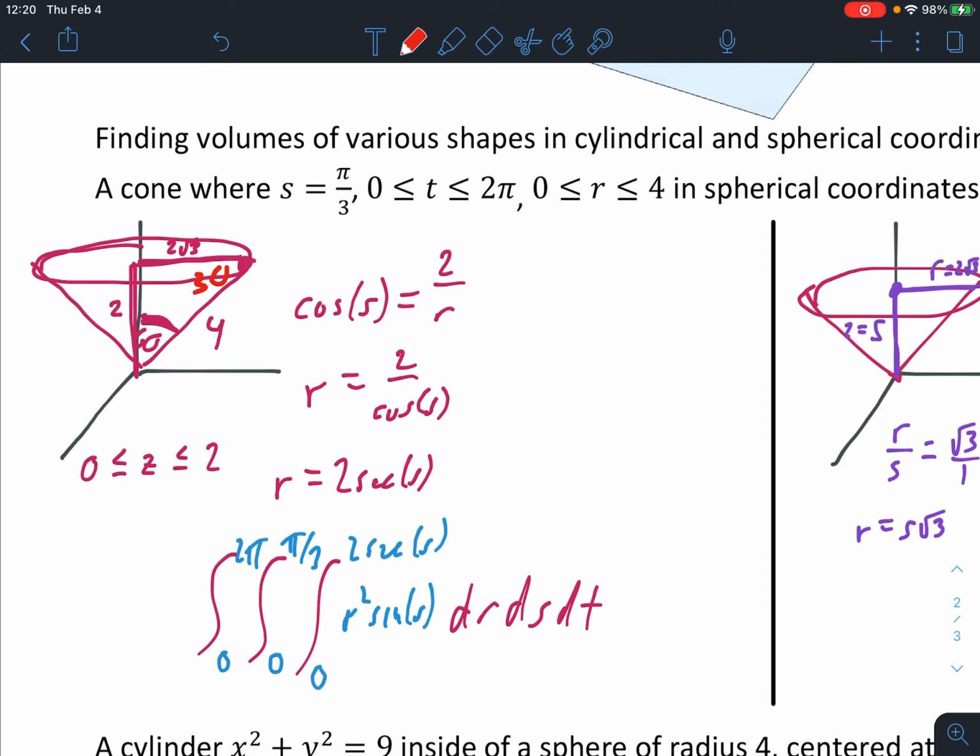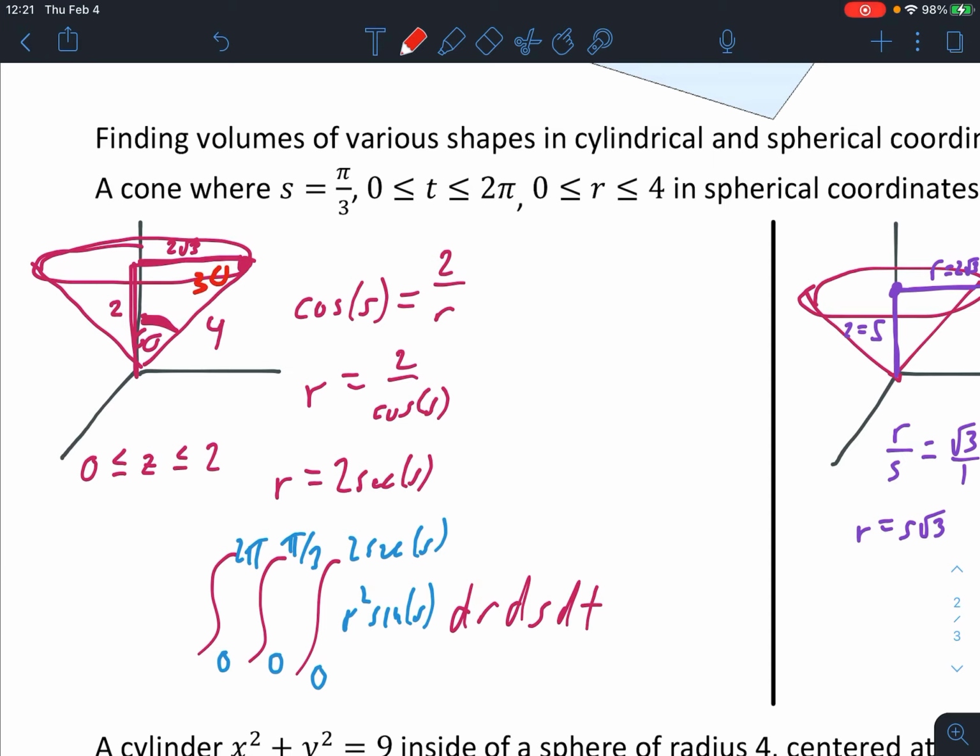All right, and then you can set up a little equation here, the cosine of that s angle. So s is obviously going to be changing a little bit here, so we have cosine s equals 2 over r. And then r would be 2 over cosine of s if we did some maneuvering there, which is the same thing as writing 2 times secant s. All right, so setting up this